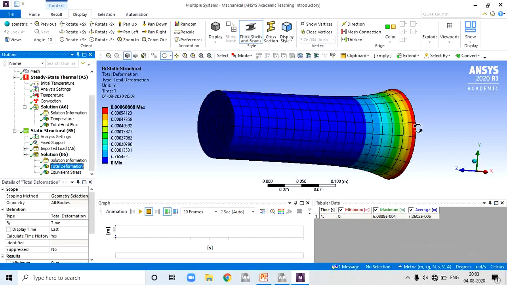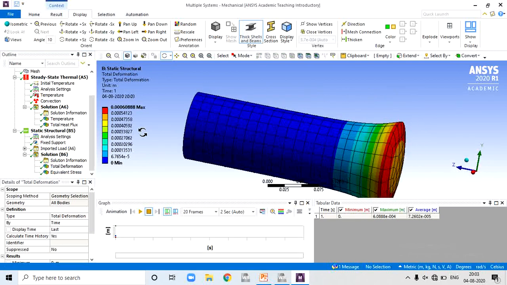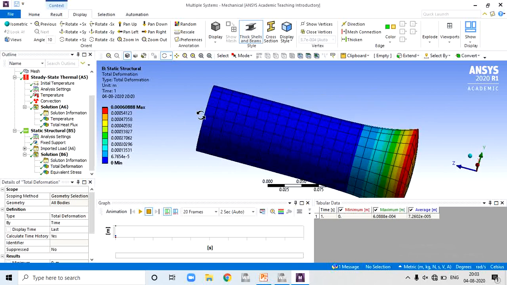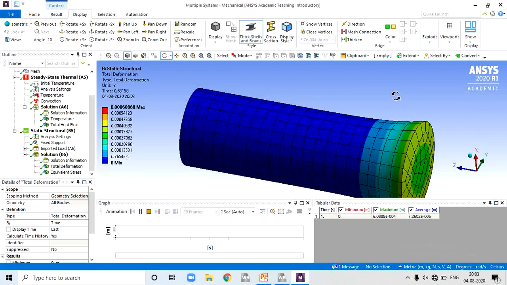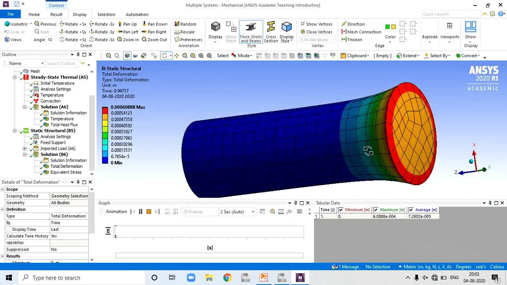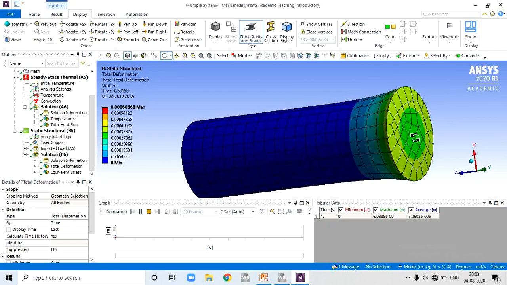So this is the total deformation after applying thermal load and the boundary condition at the left hand, that is the fixed end. Maximum is 0.0006088 in mm and minimum 0. So you can check variation of deformation in the rod due to temperature applied on the free end.